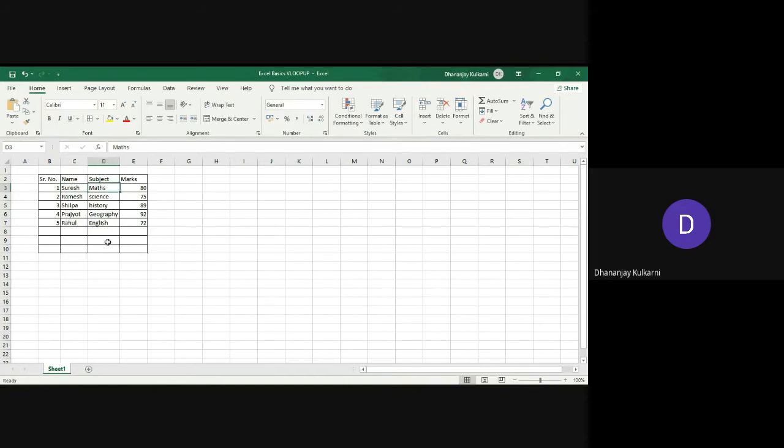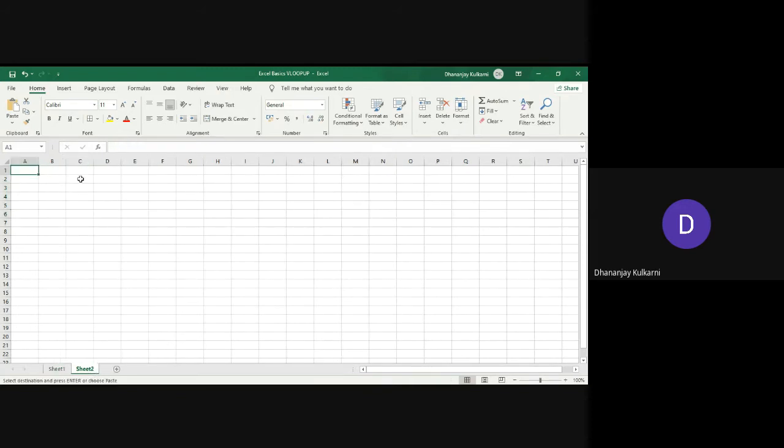Let's say our work is now, this is our new sheet. I'll copy these names over here and paste them over here, and what I have to do is put the marks. So what is the conventional way that you and I can do? We can individually check. Okay, Suresh. And the sequence can be different as well.